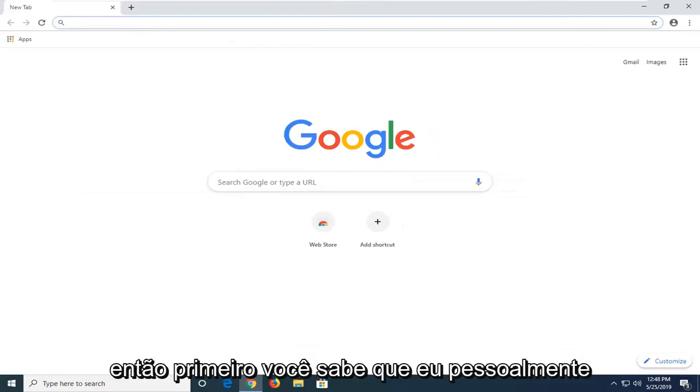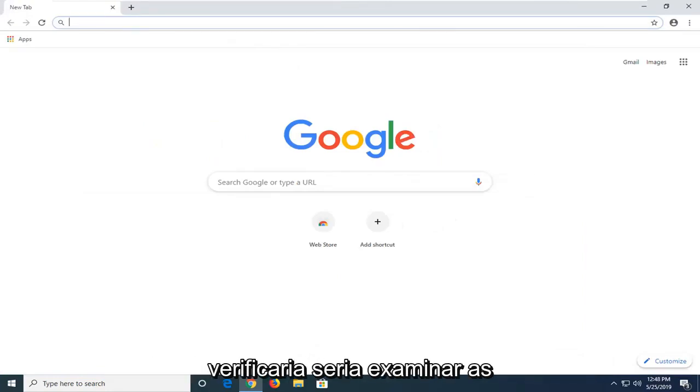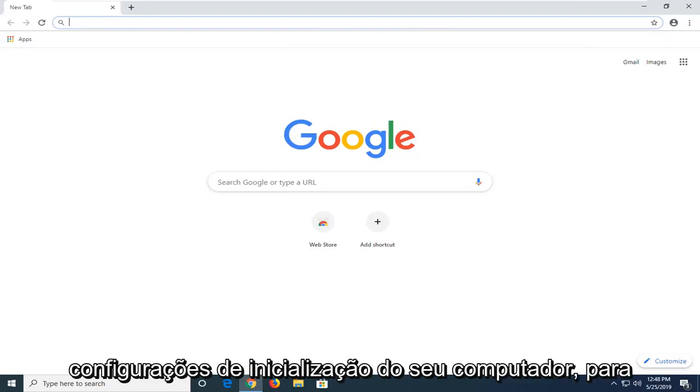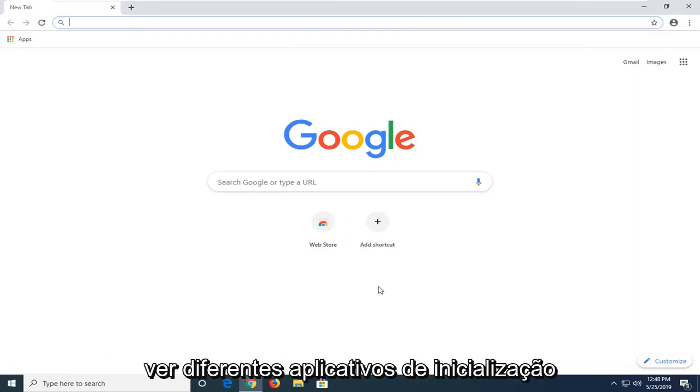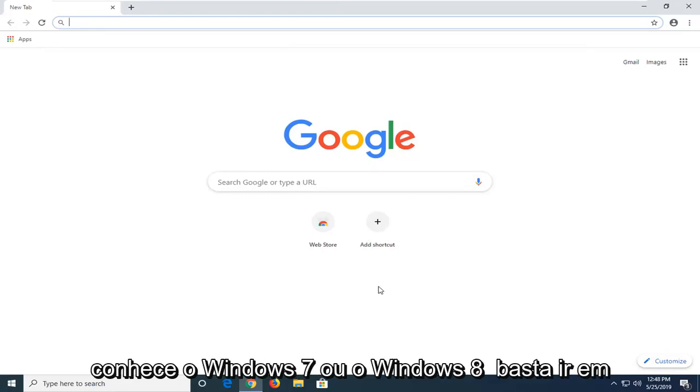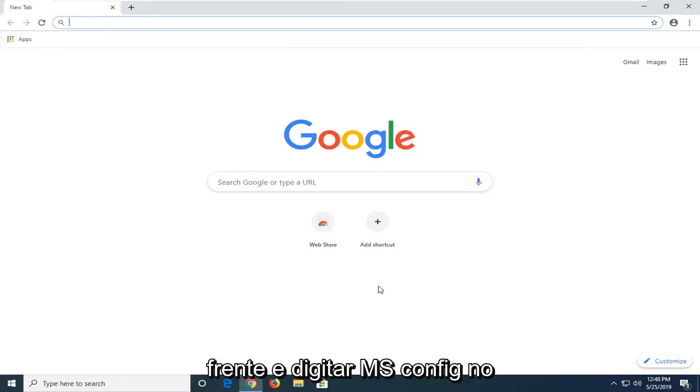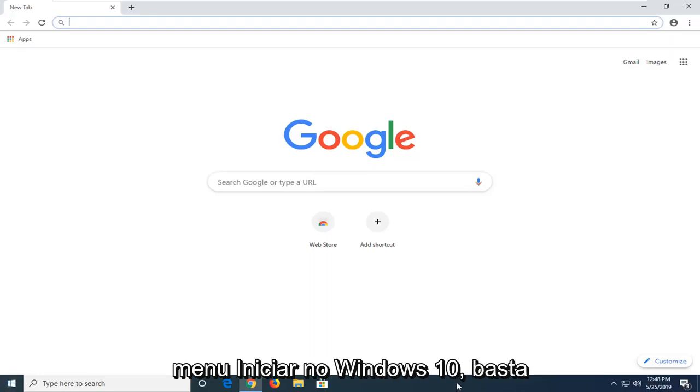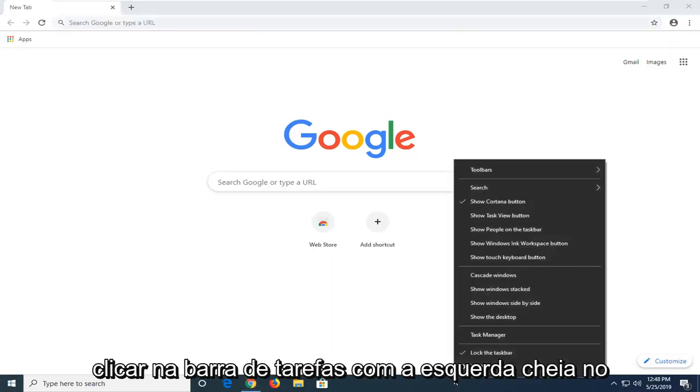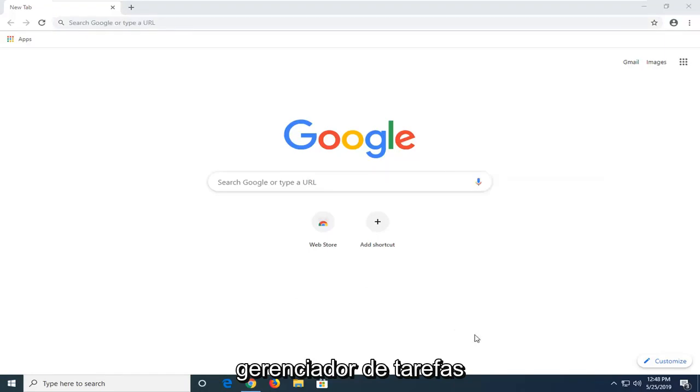So first thing I would personally check would be to go look into the startup settings of your computer, so seeing different startup applications that may be starting up your computer. If you're on Windows 7 or Windows 8, you can just go ahead and type in msconfig into the start menu. On Windows 10, just right click on the taskbar, left click on Task Manager,